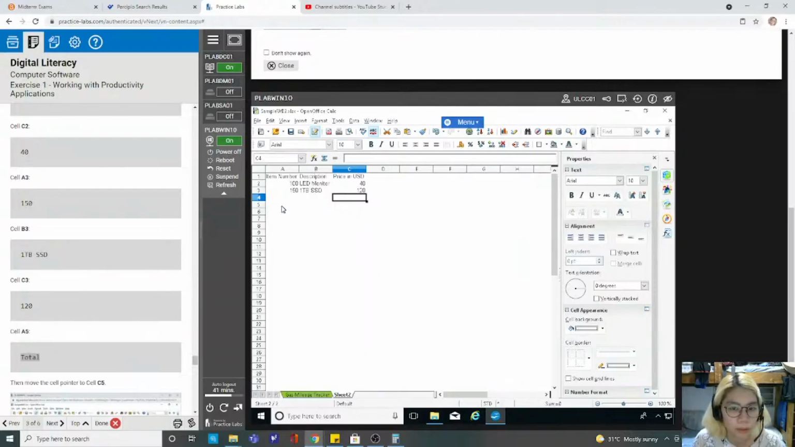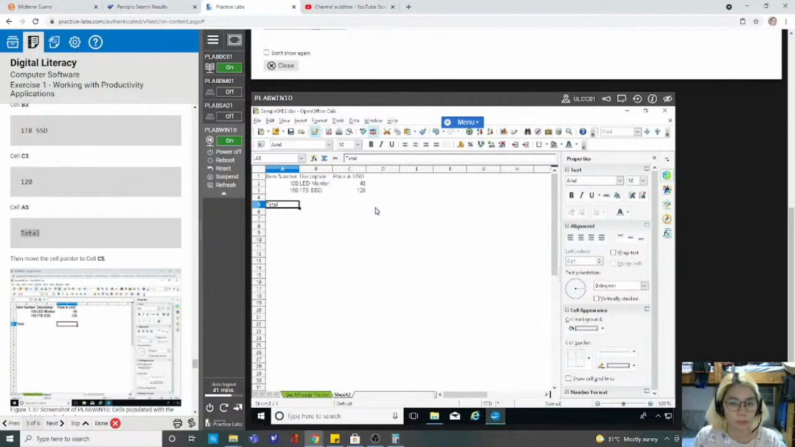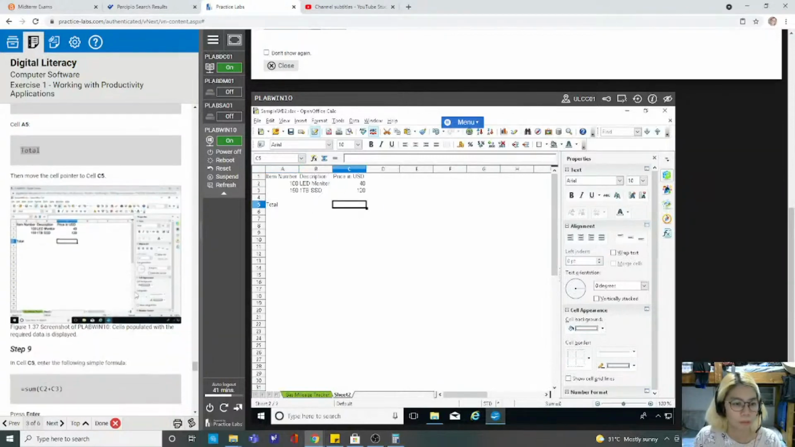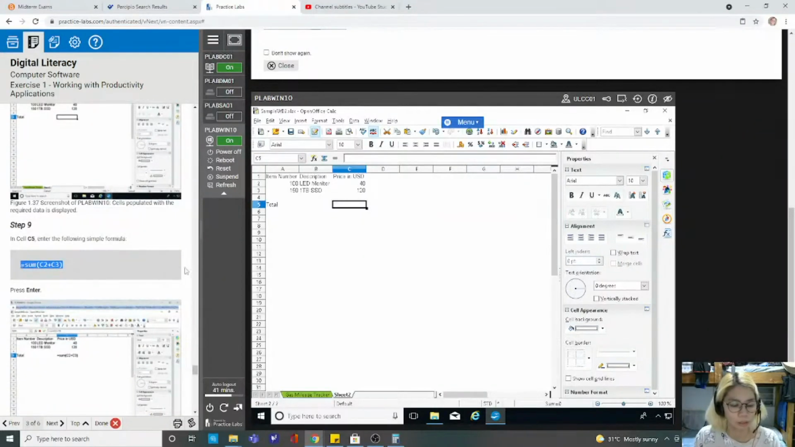This will be for A5. Then move the cell pointer to C5. And let's copy paste this. This is the formula for the addition of the C2 and C3. Okay. Once I hit enter, you can see the result of the sum of that. Okay, so